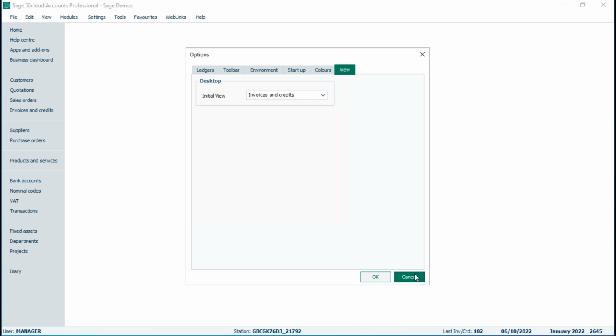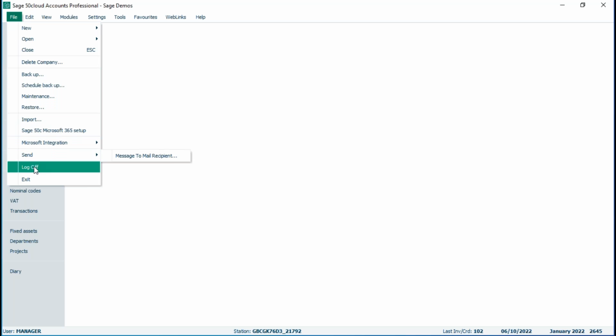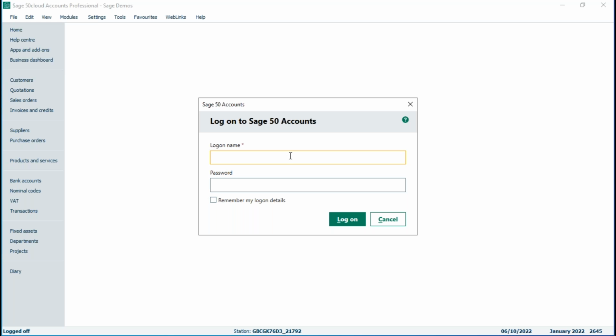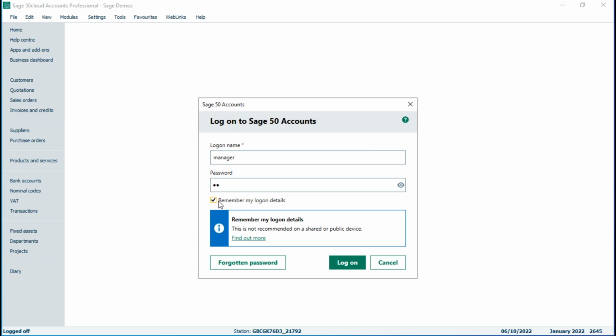If you're on 28.1, here's a great little tip when you're logging in. When you enter your logon name and your password, there's a little checkbox now in version 28.1: Remember my logon details. I'd hate to think over the years how many times I've typed in manager as my logon name, followed by my password. So all I need to do is tick the checkbox. It's not a recommended option if you run a shared device or a public device. But if it's just yourself using the PC that you're running Sage from, great. Tick the little box,